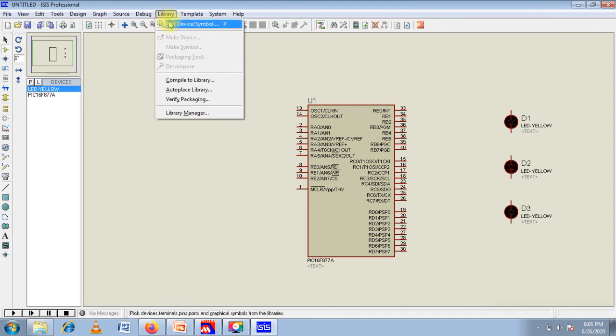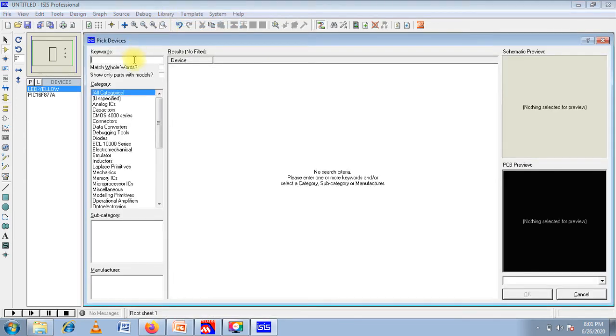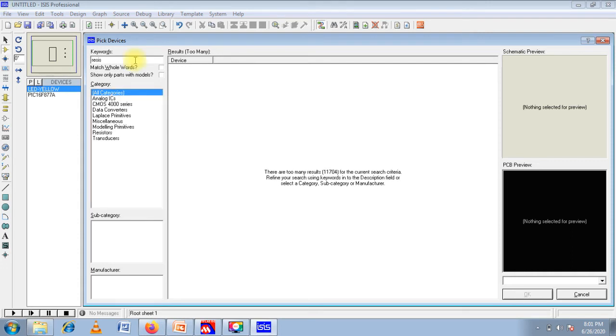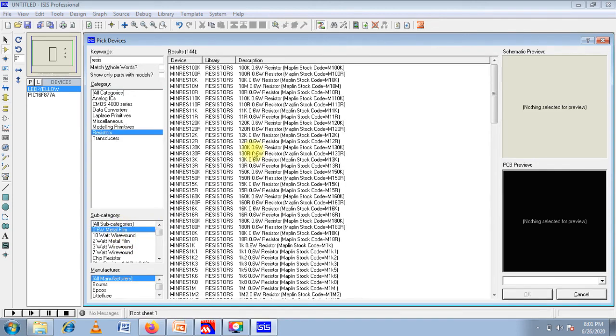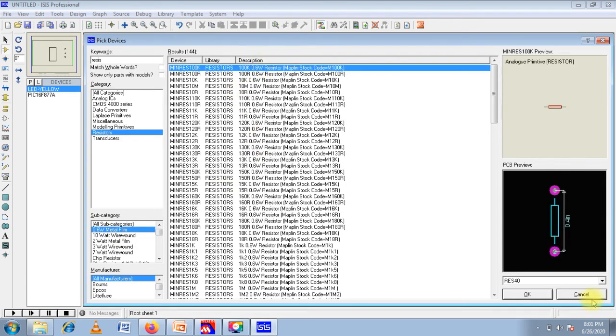So once again go to device library and type resistor. Whatever value you have to select, then we can place it.